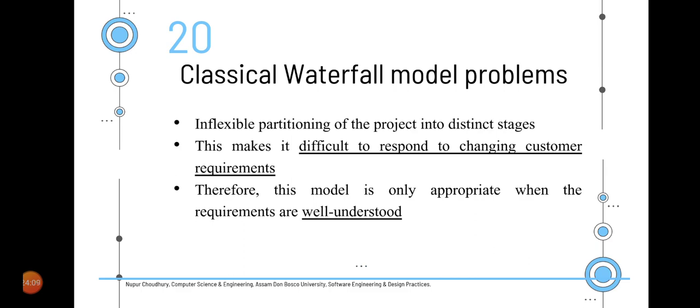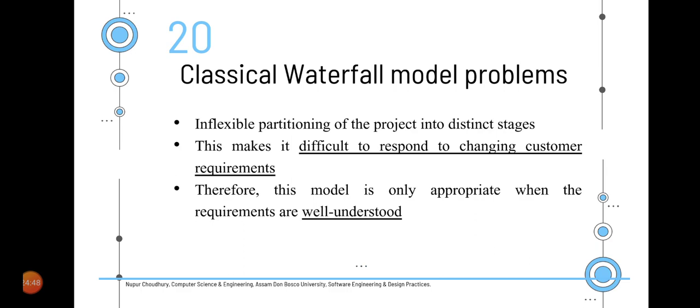So in the very first stage itself, we cannot leave it incomplete. The requirement analysis and specification and the feasibility study is extremely important in this particular model, because if we leave any scope, or if there is any information that has been missed out, we cannot go back and rectify that particular problem, or we cannot go back and add that particular feature into our system.